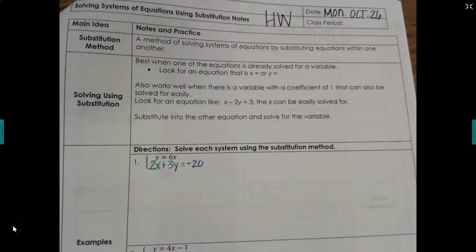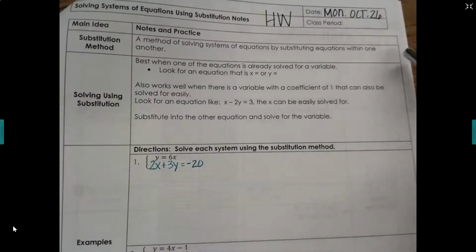Welcome to this video on solving systems of equations using substitution. By the end of this video, you should be able to use substitution to solve a system of equations, and you should be able to recognize that solving a system of equations by graphing and substitution will give you the same answer. So when we use the substitution method, what we're going to do is we're going to plug one